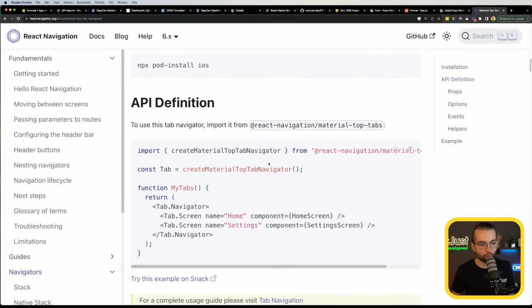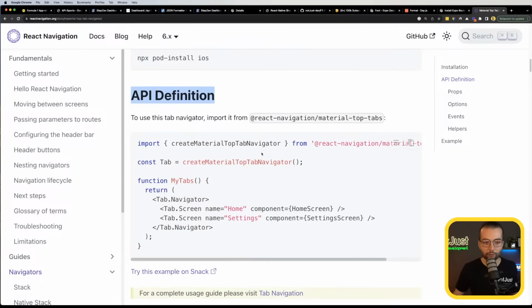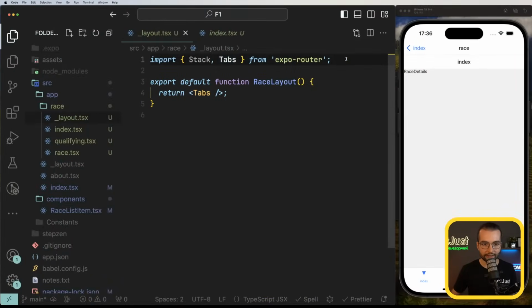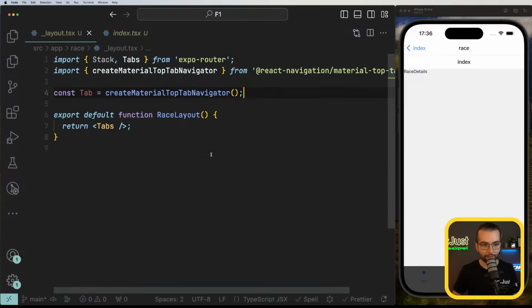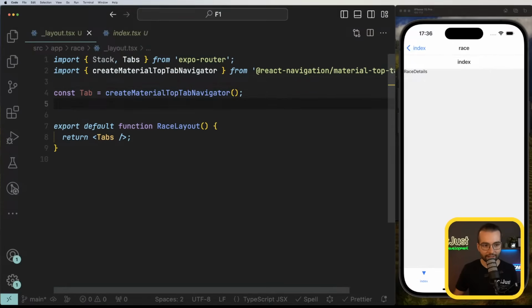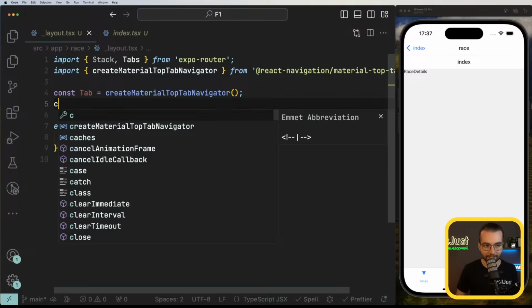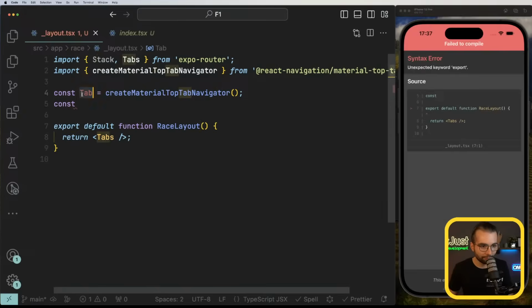And we see here in the API definition how we can create this material top tab navigator. Let's copy it from here and let's create them inside our race layout. This is our tab, which has two properties, a navigator and something else. Now, using this tab navigator and the additional function from Expo router, we can create our top tabs